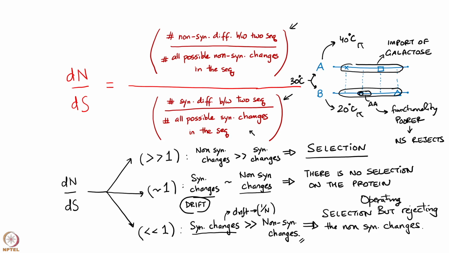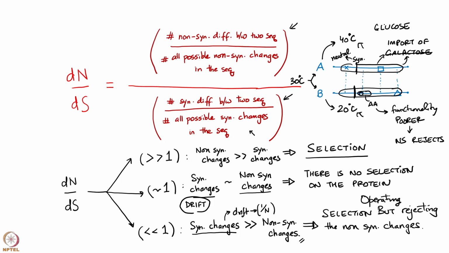However, if in the environment that they are present in, galactose is never present, and let us say they grow on glucose only, so the only carbon source that is present is glucose, in which case the sequence of the gene which is responsible for encoding the galactose transport is not under selection at all. And just because errors are made randomly, drift will ensure that changes will take place here, and because these changes are synonymous and hence neutral,